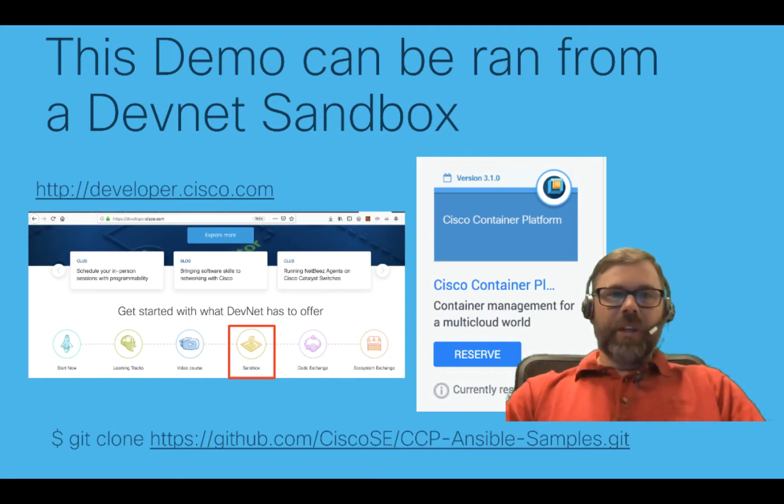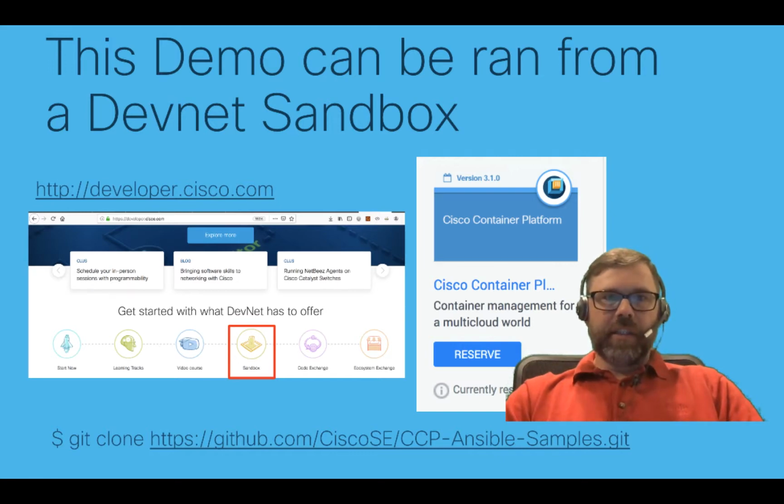This is Tony Dubiel coming at you with another short demonstration today focused on the Cisco Container Platform. We're not going to go into an overview of Cisco Container Platform in any great detail, and it's not going to be an exhaustive list of capabilities and functions and so on. What we will focus on today is configuring the Cisco Container Platform as code and using Ansible as the coding